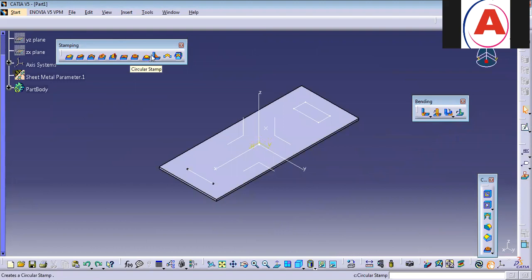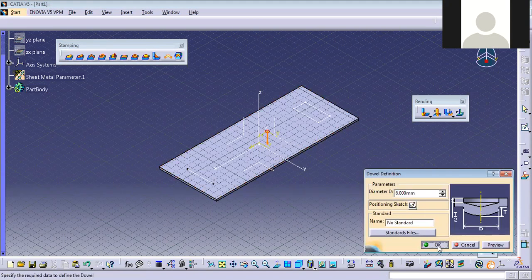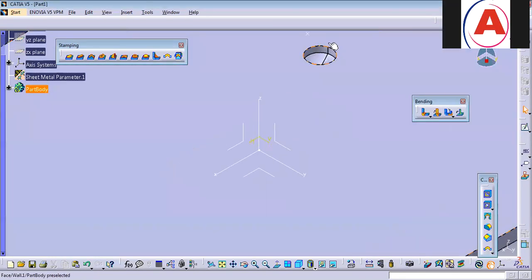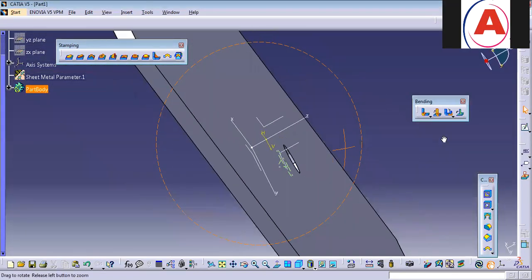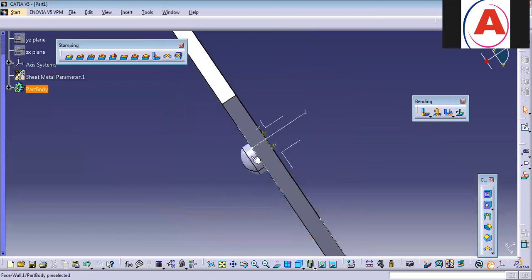So circular stamp bore. This stiffener rib I'll explain later on. The next thing we have is called a dual. Again, select that point and select the sheet. If you say okay to that, a dual will be created like this. It is used to hold two different sheets at a time.